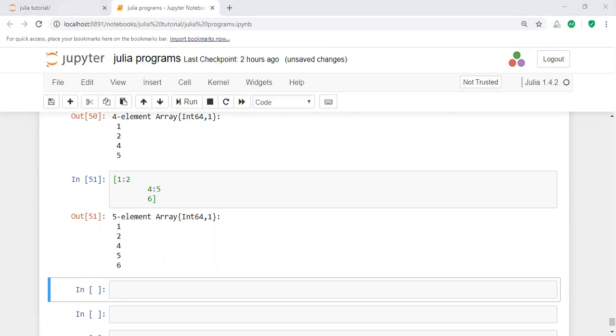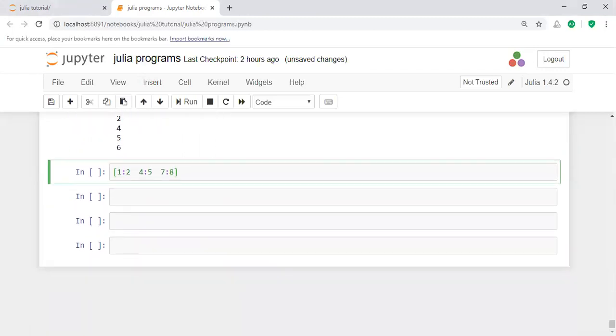Here, some of the arguments separated by tab or spaces, then those contents are horizontally concatenated. If you have arguments like this, it is called a multi-dimensional array. Here you have arguments separated by spaces or tabs.